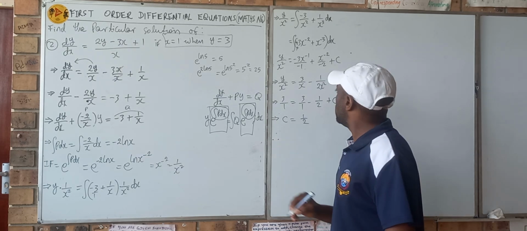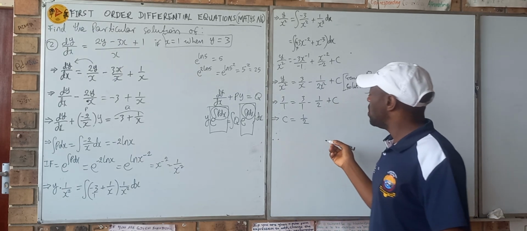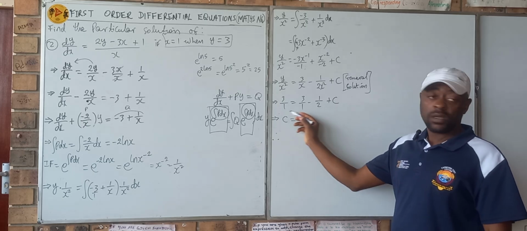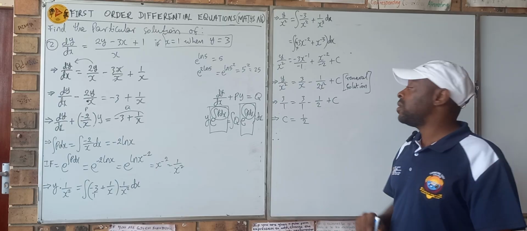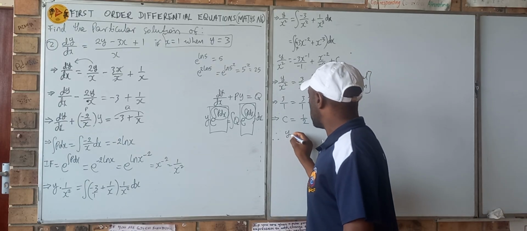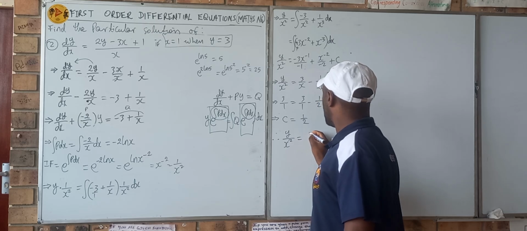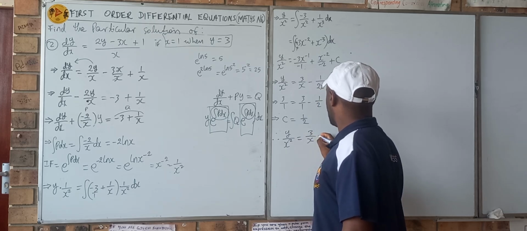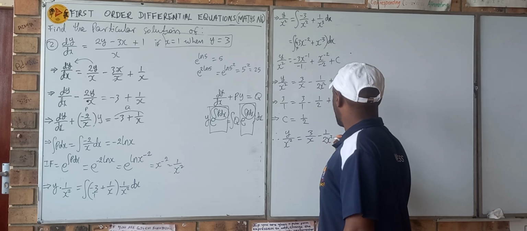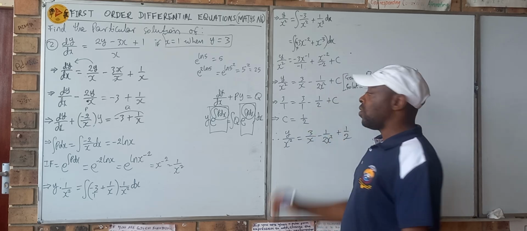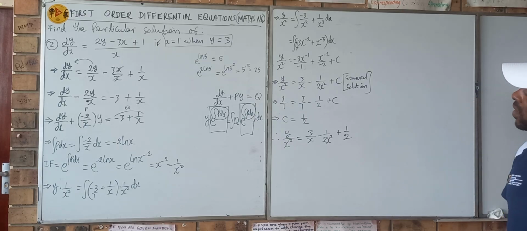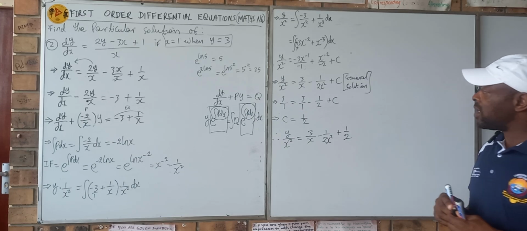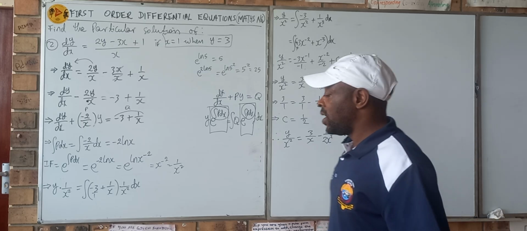And therefore I have my particular solution, which requires me to take the value of c into its position in the general solution. So my particular solution is y on x squared is equal to 3 over x minus 1 over 2x squared plus 1 over 2. So guys, that's how easy it is to get a particular solution for